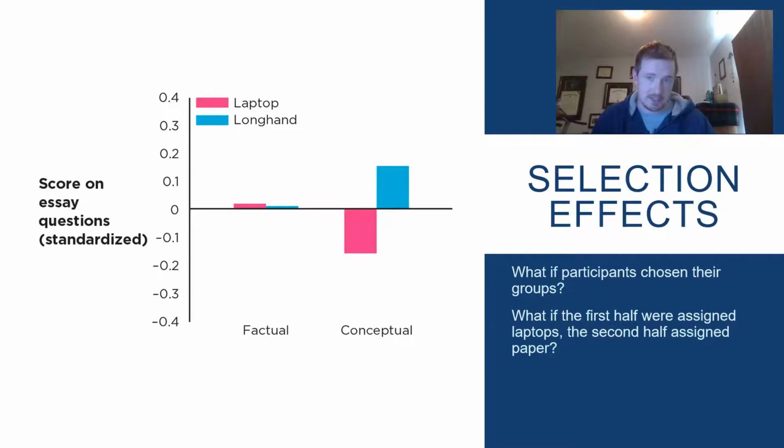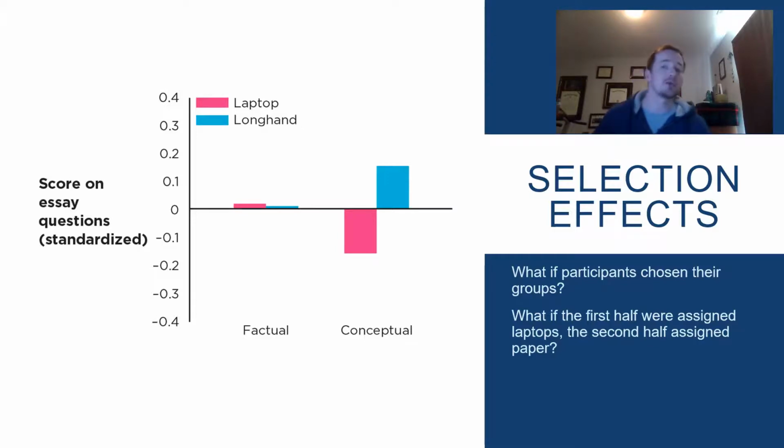But looking at selection effects, we would also want to make sure that if participants were left to their own devices, if we told them, you can choose to take notes with a laptop or with a notebook, you're probably going to get people who are going to gravitate to what they expect that they're going to do best at, right? And because of that, we're not really getting a good, clear depiction of what the effects of laptops on test taking are, because people are just going to be choosing the method that they like most. And maybe the method they like most is the one that they do best in, right?